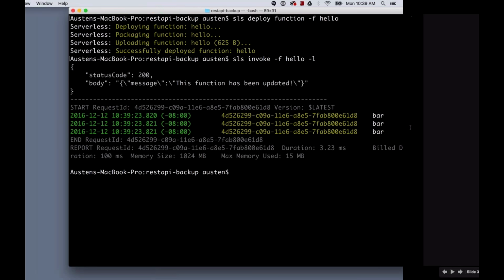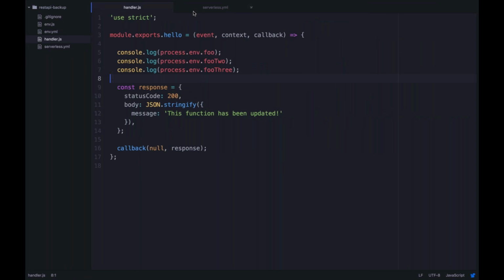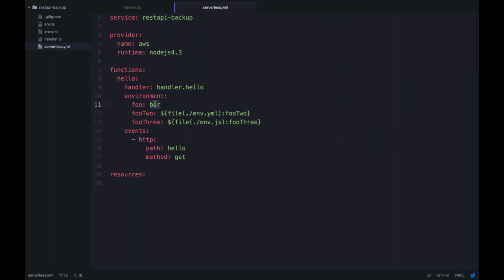So there are a few ways you can set these. You can just add in the value right here. But additionally, we have something called serverless variables, which is really handy syntax for referencing values from other sources. And in this example, we're using our serverless variables syntax. You could reference a different file, which is what this is doing, as well as a property in that file. You could reference command line options that are passed in. You could reference environment variables on your system already too. So there's a bunch of powerful stuff that you could do here.